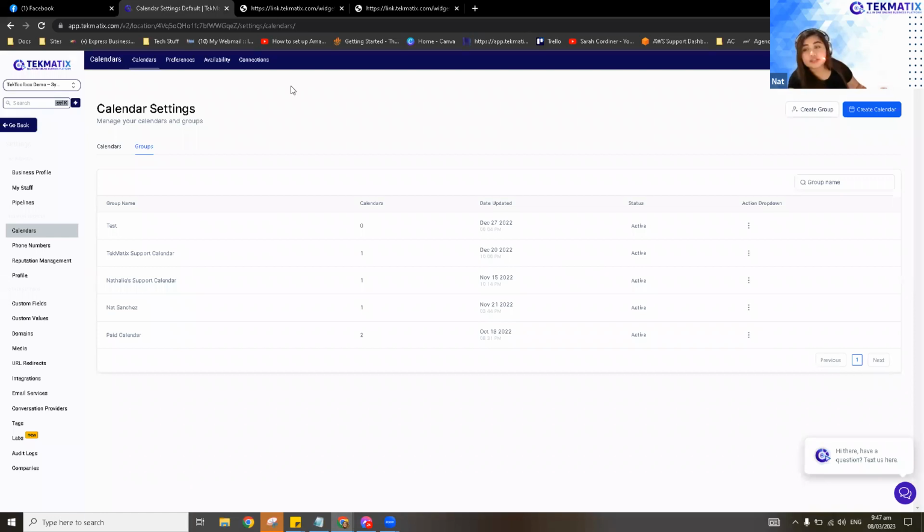So the first thing that you need to do when you are trying to create a calendar is set up your account. Setting up your account includes setup per user, because most of the sub accounts have multiple users in it that use different calendars. So what you can do is go to settings, then move over to profile. On the left, you will see just 3 stages below calendars.